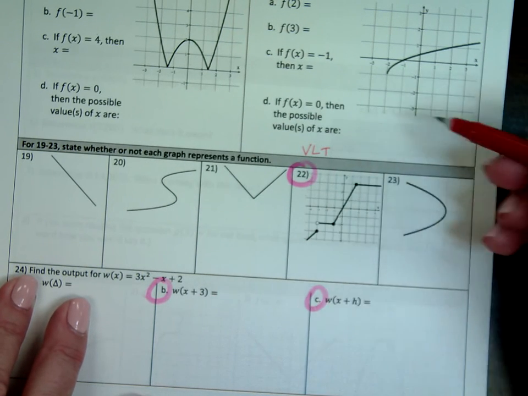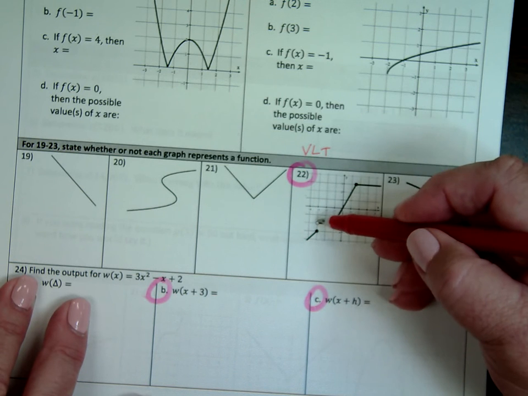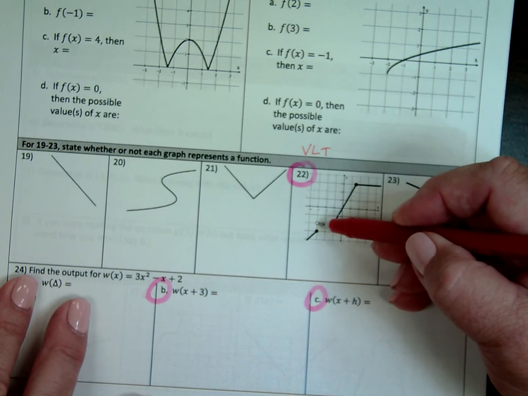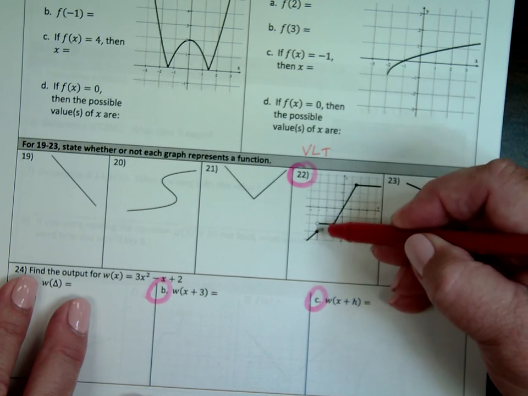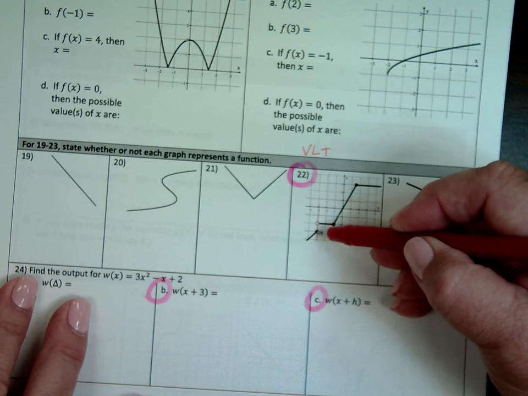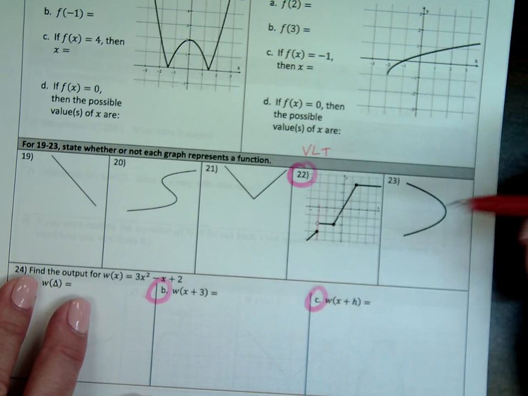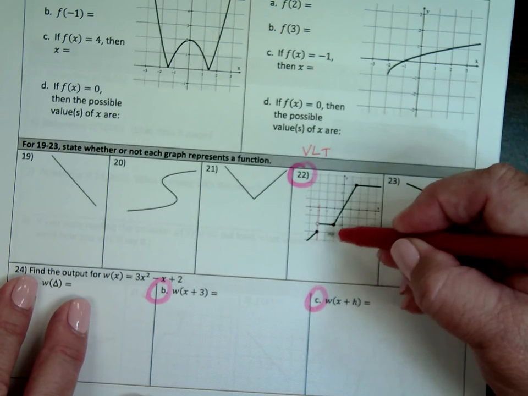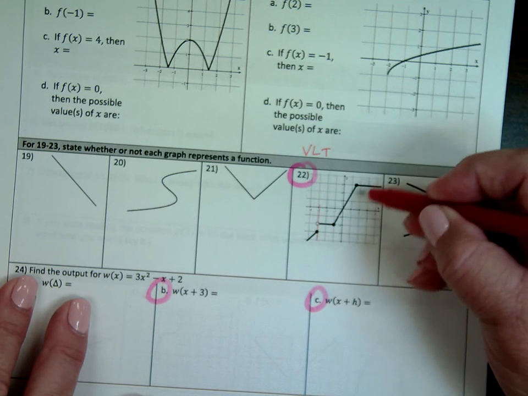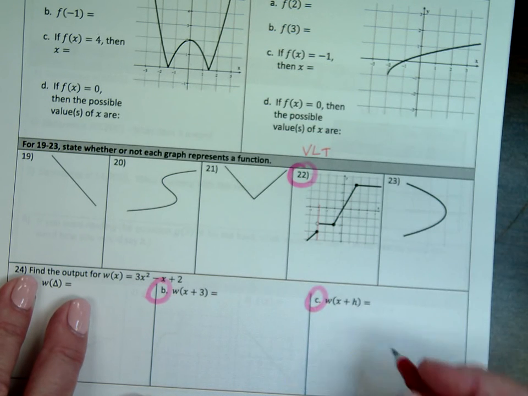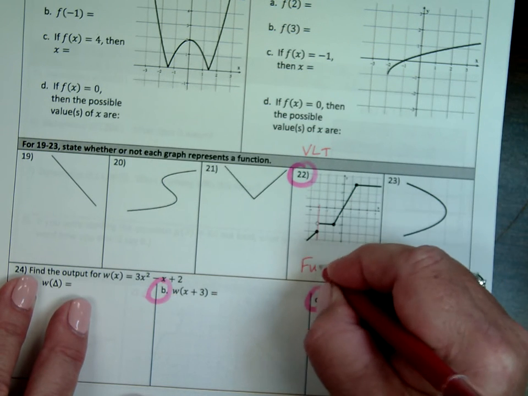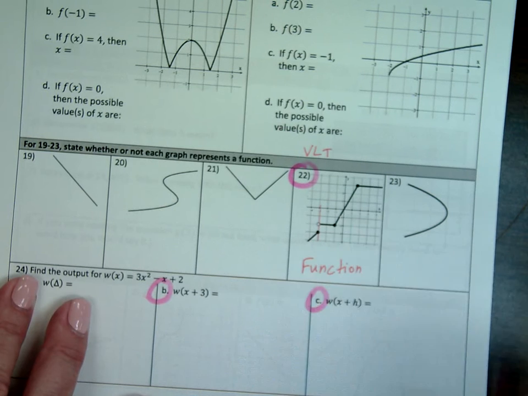So if I look at this, here's the first place I come to that could be questionable. And if I put a vertical line through that, it only goes through in one place because I've got an open circle and a closed circle. So I keep going along, keep thinking about my vertical line, vertical line, vertical line, vertical line. And everywhere else is happy, so this guy turns out to be a function. He passes the vertical line test. All right,